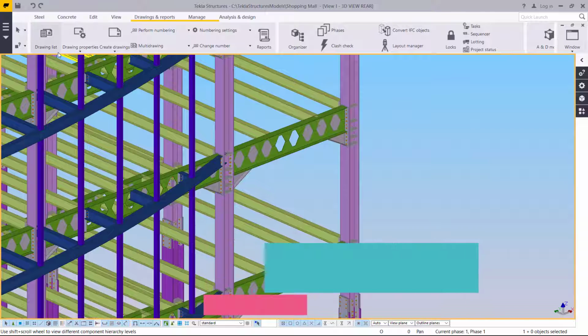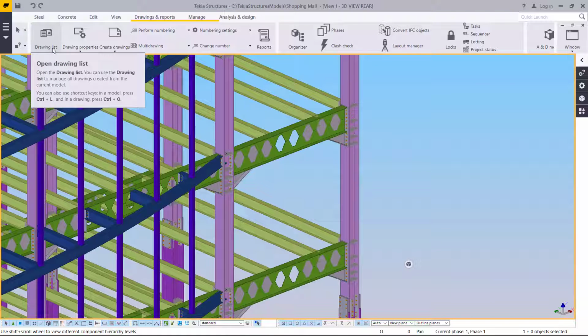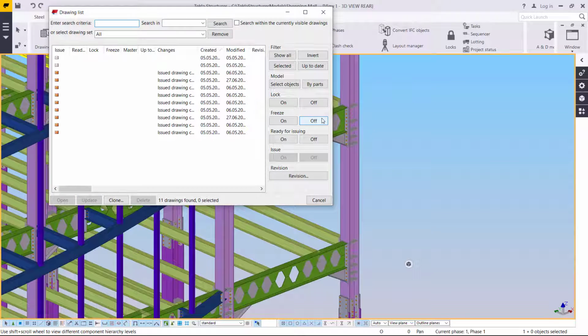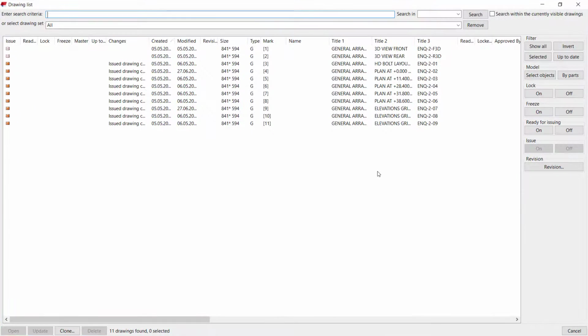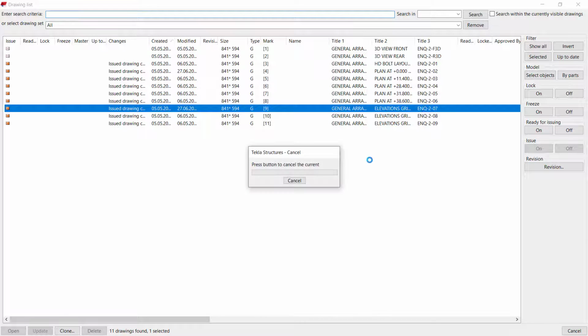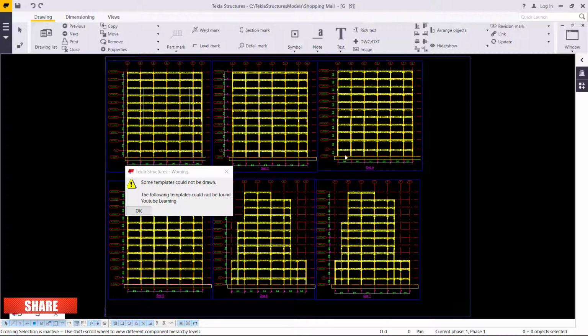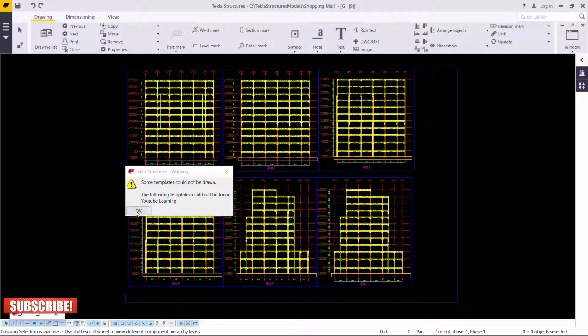So in here, because I had already generated drawings for this, I'll just come to drawing list here and click on the drawing list. I'll try and maximize this. If I try and double click here, try open any drawing and give it some time to open. Perfect, our drawing has been opened. I'll minimize that. And if I zoom out and click OK,